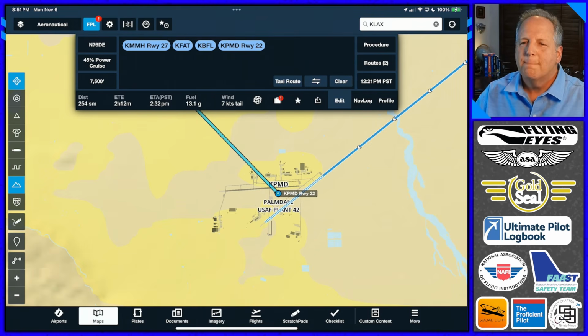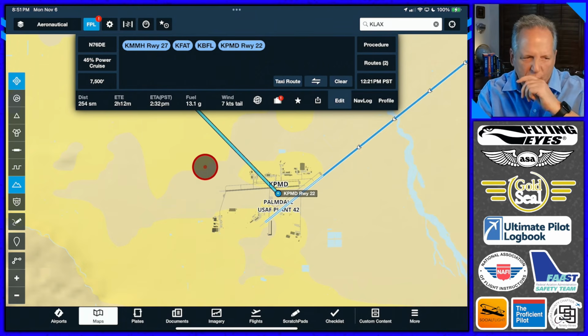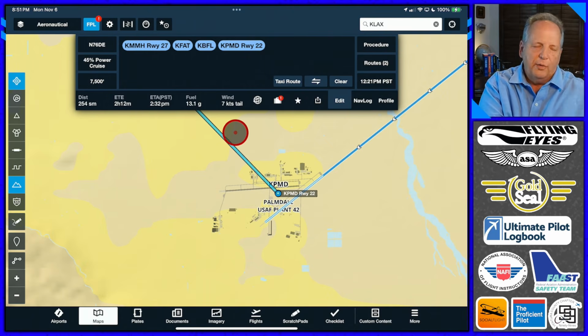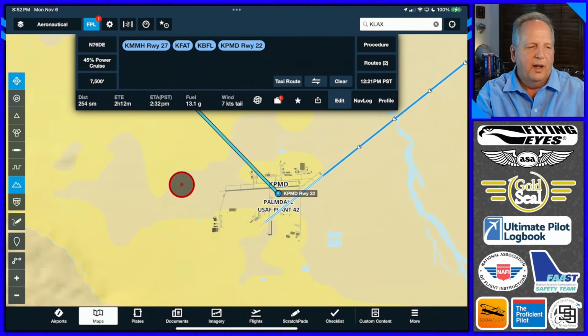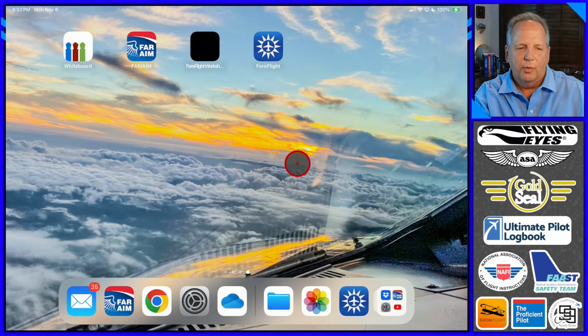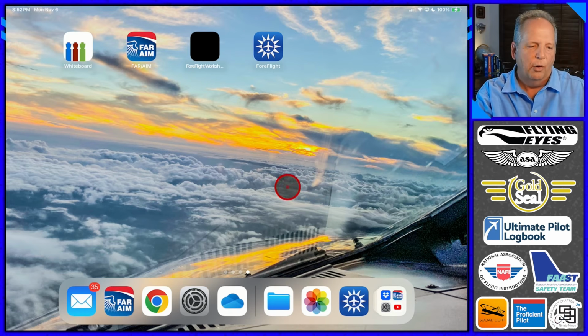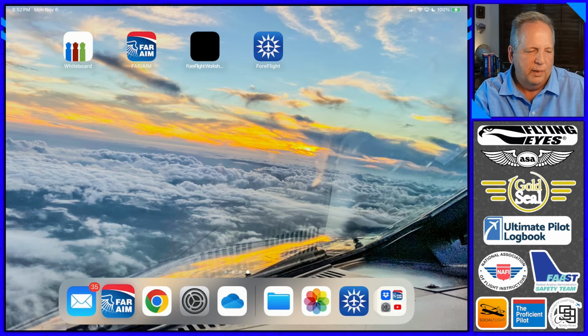Brian, I wonder if you wouldn't mind just touching again on how to import that restaurants layer, that custom layer. Sure. So once you've got it, email it to yourself or have it on your computer somewhere, and email it to yourself. That's the easiest way to import it into ForeFlight, is to open it in ForeFlight or find it on your iPad and you want to send it to ForeFlight. That's the goal. So I've got it, like I said, I emailed it to myself.